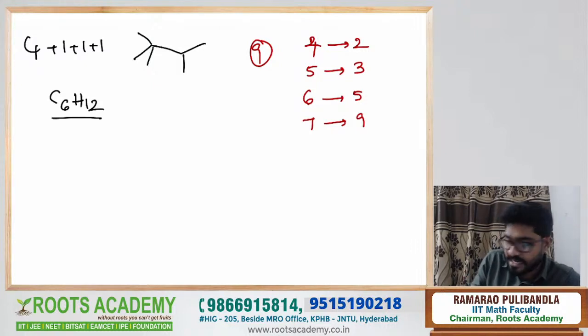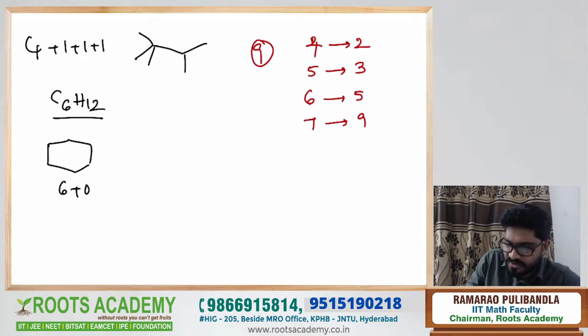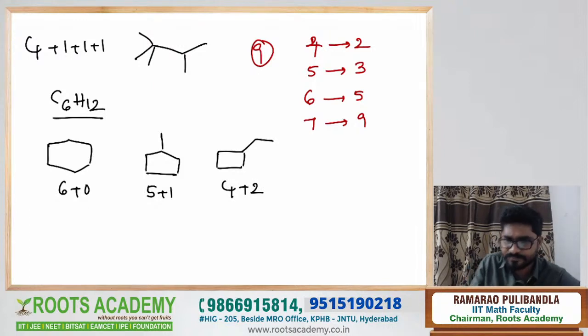Yeah, okay, guys. This I'll tell you, the first one. Later you can do it. First, as usual, we are writing 6 plus 0. 6 carbon atoms in the main chain, there are no substituents. After that, I can also take this, no? 5 plus 1, this is a 5-member ring and 1 carbon atom. After that, I can also take 4 plus 2. See in what way I am writing. 6 plus 0 first, 6 carbon atoms in the entire ring. 5 plus 1, 5 carbon atoms in the ring, 1 as substituent, 4 plus 2. I hope you can understand.